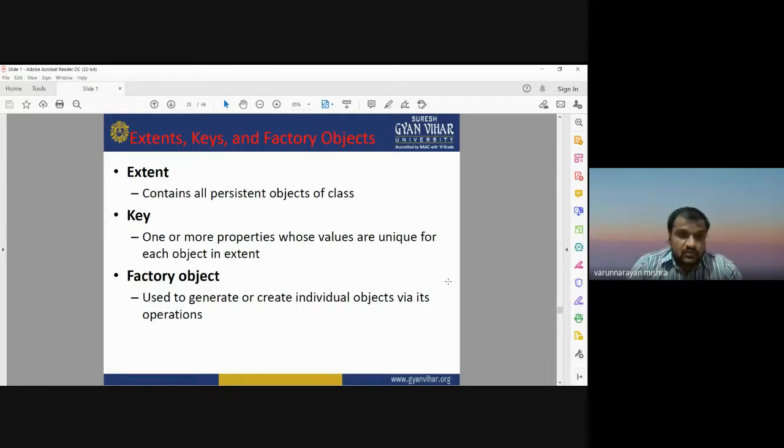So extent, key, and factory objects are very important for defining objects in an object-oriented database. This is the way we can use extent, keys, and factory objects.